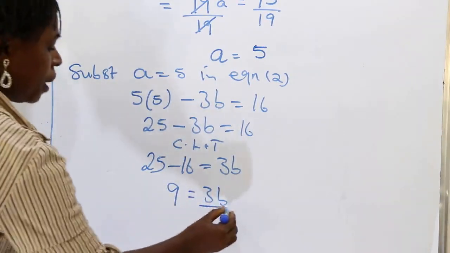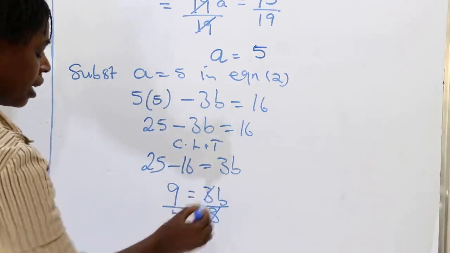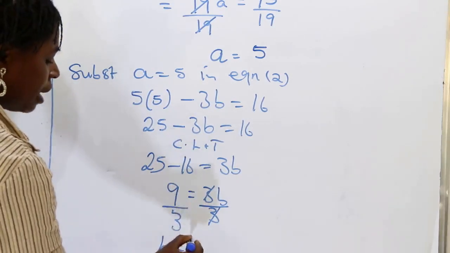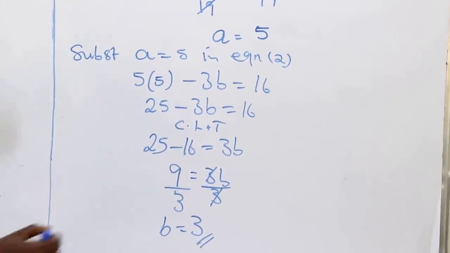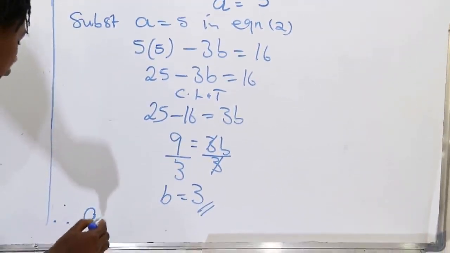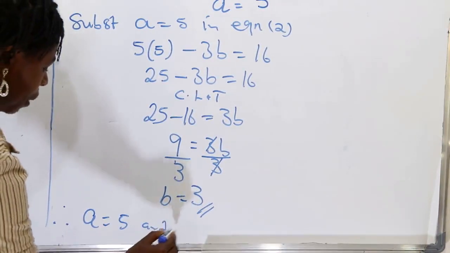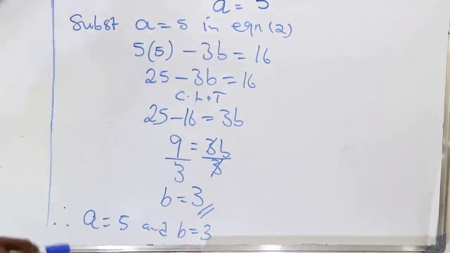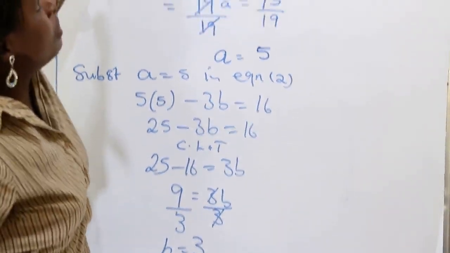You're looking for b, so we divide both sides by 3. 3 cancels 3, so our b is equals to 9 divided by 3, which is 3. Therefore, we conclude that our a is equals to 5 and b is equals to 3. So this is how we use the elimination method, most especially if the variables